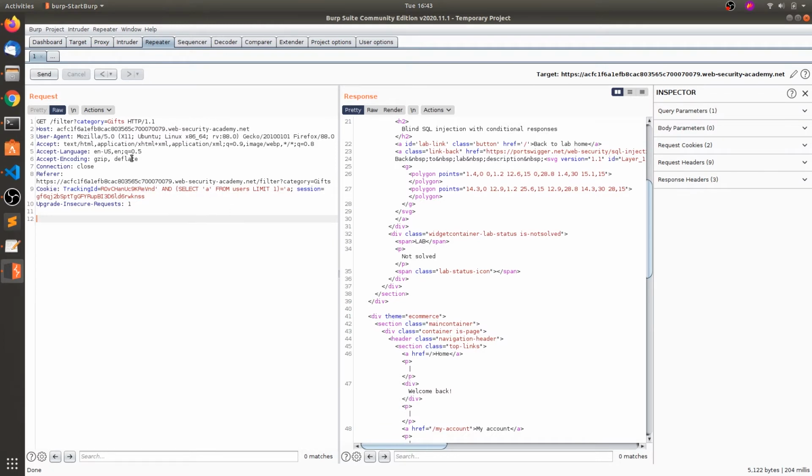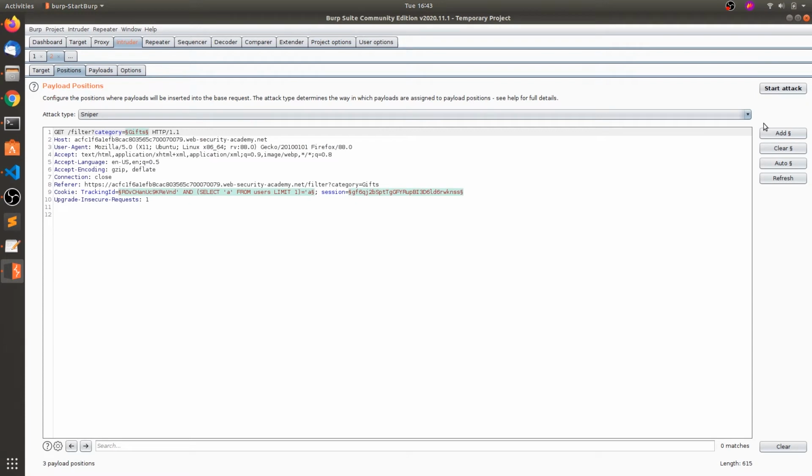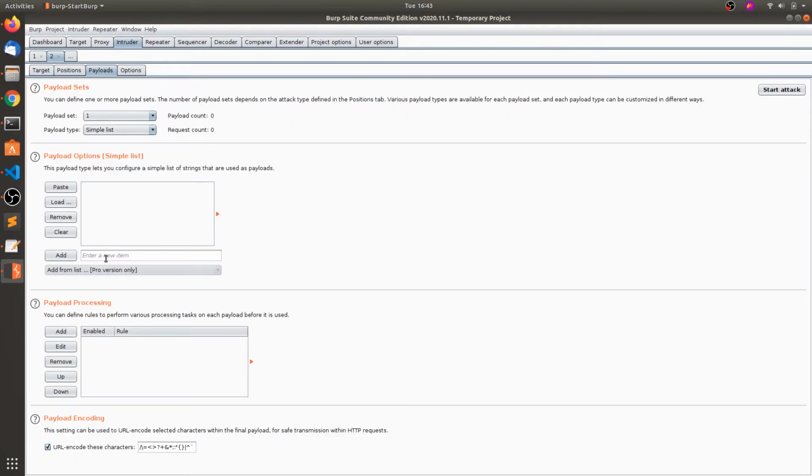So how to brute force this one? Send to intruder and positions, clear all the positions. You need to change this to users. So users, click on add. So this placeholder has been added to users. Now click on payloads and now you can start typing some table names.